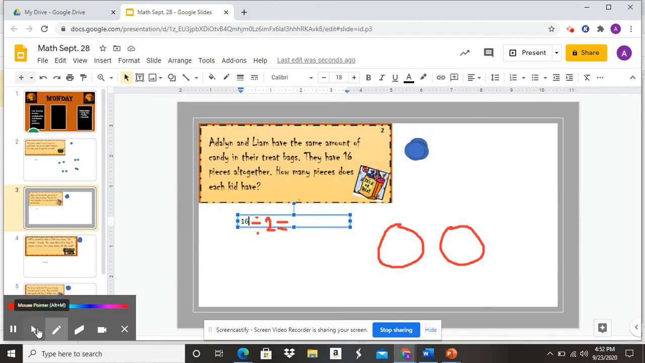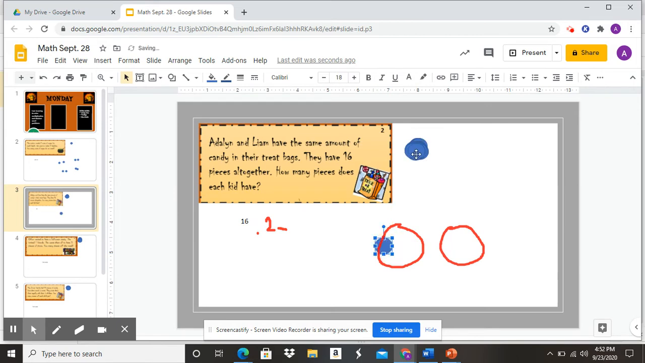All right, now I have these dots up here and I can take and drag them. Do I put 16 in each group? No, because this isn't saying 16 groups of 2. This is saying I have 16 and I'm dividing it into 2 groups. So 1, 2, 3, 4, 5, 6,